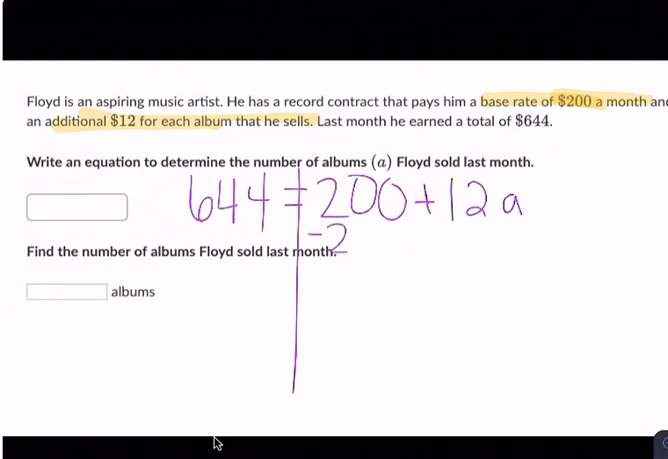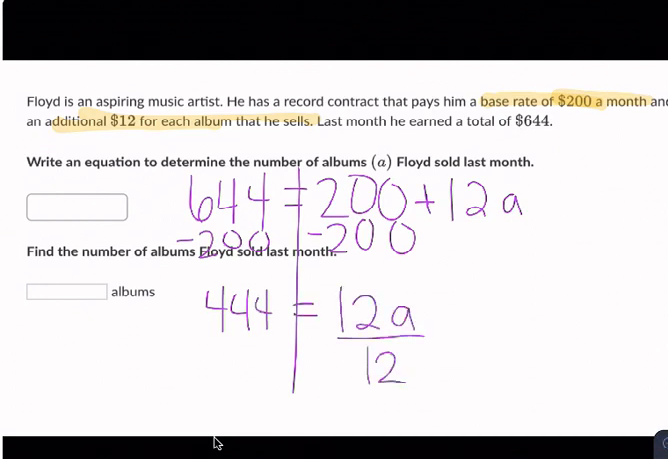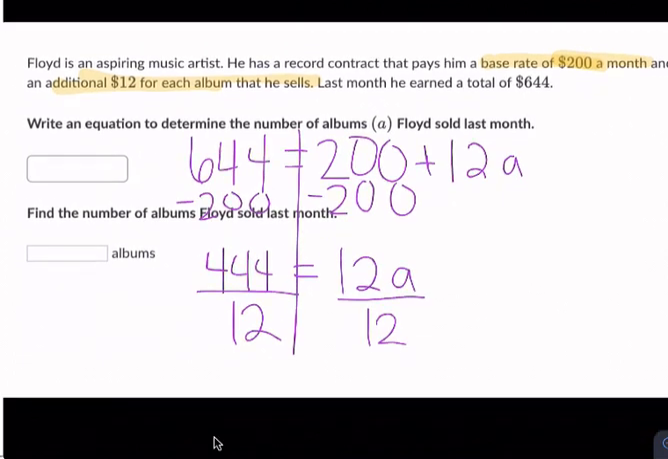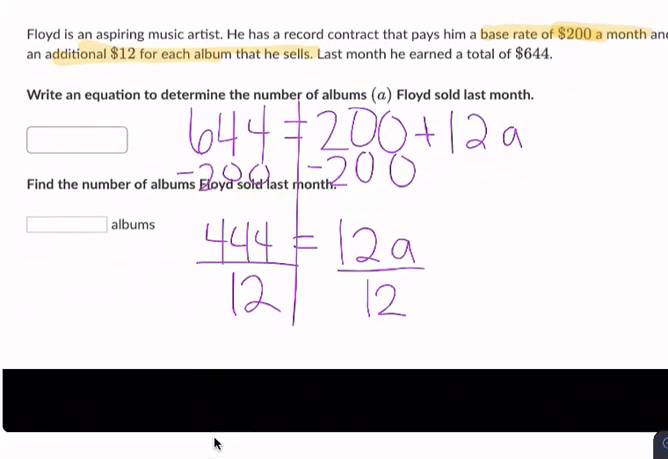I want to get a alone, so I'm going to subtract 200 from each side. I get 444 equals 12a. I'm going to divide both sides by 12, and I get 37 is equal to A. So he sold